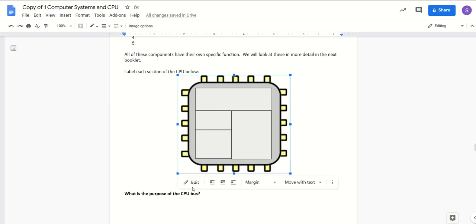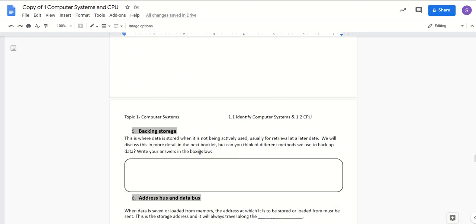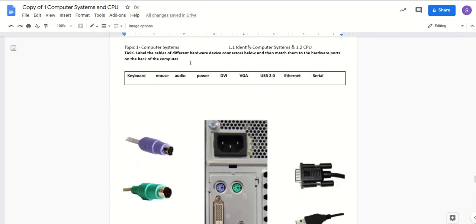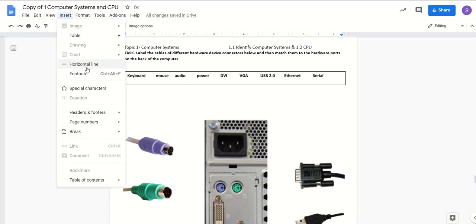When we get to this, obviously you can edit this again and add the text boxes. We go down to this one here, then you've got to draw labels on here to label these devices. So you need to figure out where the keyboard is, so figure out what port the keyboard is. This is a slightly older computer here, but we can actually see where the keyboard is, matching the colors to the actual keyboard symbol. So I can then go to Insert,